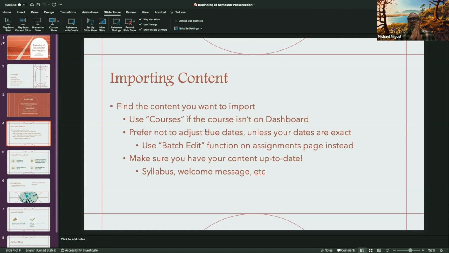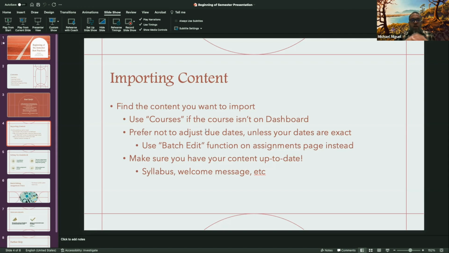Another big issue with Canvas is that when you import your course content, there is an option to adjust the due dates. In my teaching career, that has worked twice for me. It's just kind of a clunky deal unless you get your dates 100% perfect and everything lines up.